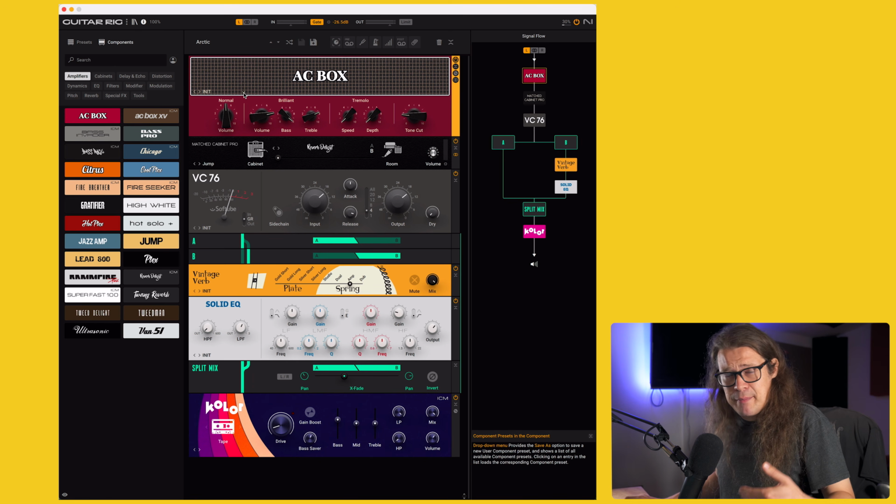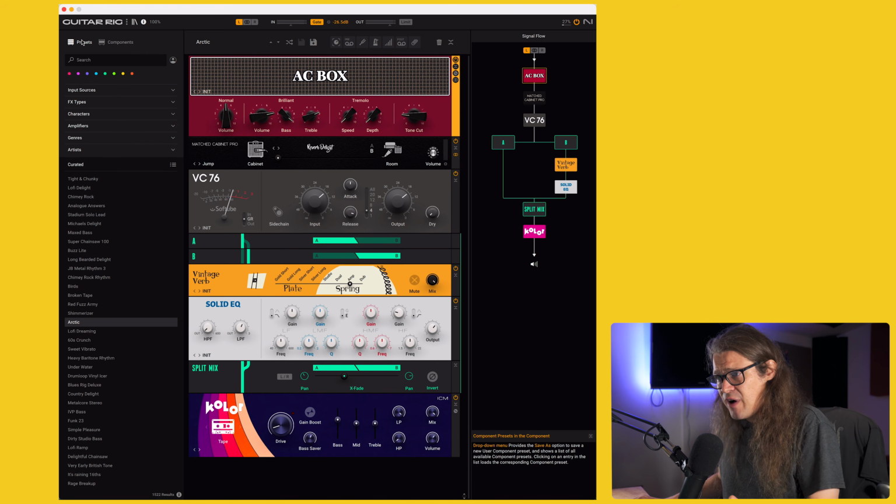But we can also get a bit more in depth with those presets, because this is fine if we want to go really in depth and choose exactly what we want from the rig. But what if we want a particular kind of sound that we think already exists within the presets? Well, let's go back to the presets and we can refine our search here. So for example, if we take a look at these headers, our input source,